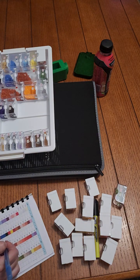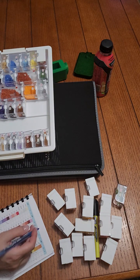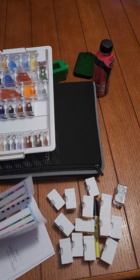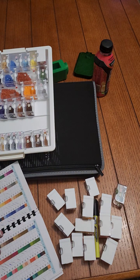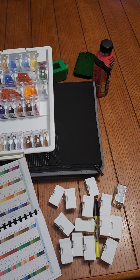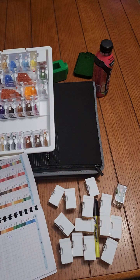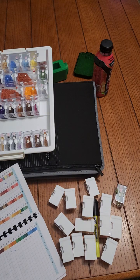This is a big reason why I am saving all of my drills, because the biggest expense is actually going to be the drills. The drills are not going to be cheap for this project that I have in mind. And it's a monster project. It'll probably take me at least 5 or 6 years to complete, and that's if I just work on that. So it's going to be a long-term project, which is partly why I want to try to make it myself